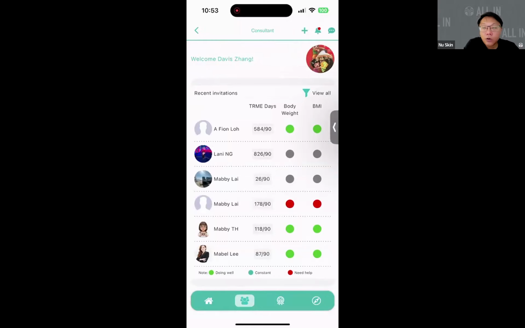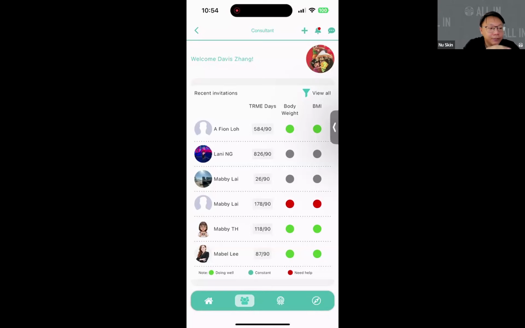You will see a whole list of your added friends, be it they are your consultant or be it they are our customers, it will all show over here. Okay, this is a very quick look over here as to which day they are in. You can see that for Mabby, she is on her 26th day of her 90-day journey. Some of them that have already exceeded the 90 days are probably some of your older customers.